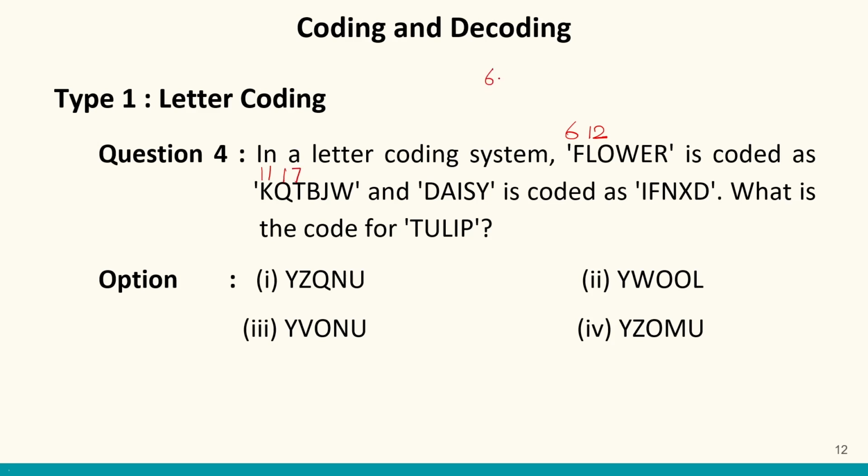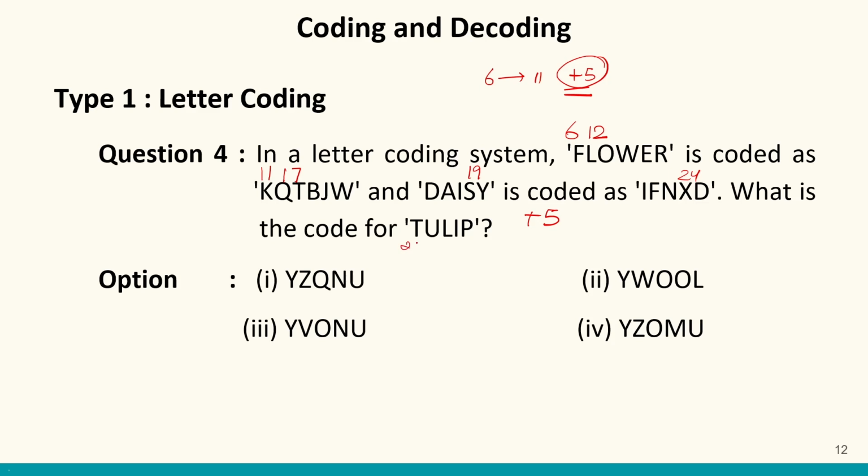So from 6 to 11, we are adding 5. Similarly, from L to Q, we are going plus 5. So there's a pattern of plus 5. We can confirm it from one more example as well. Let us just pick a random number. For S, the code is 19 and it is represented by X, which is code 24. So here also we are going plus 5. So after this, I can easily say that we have to go 5 positions forward.